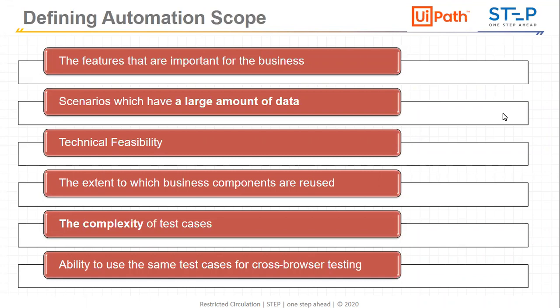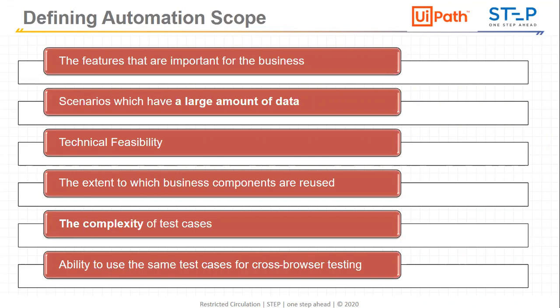Then third is technical feasibility. If my application is not technically feasible for automation, I need to check first how much of my application is feasible for automation and how much is not. For the changing part, or change requests, if I know that after 3 to 4 weeks there will be changes coming from the client in that particular module, I will not go for that. Or if that part is going to change technically, or is having technical challenges right now.